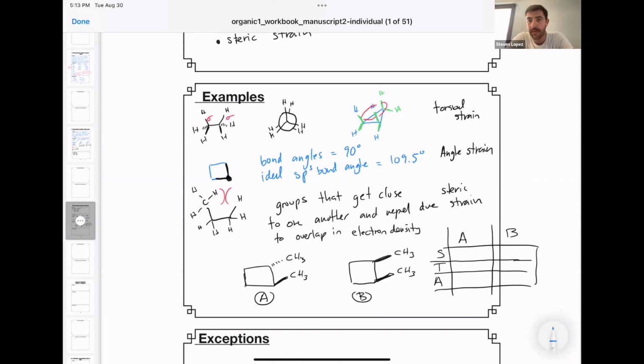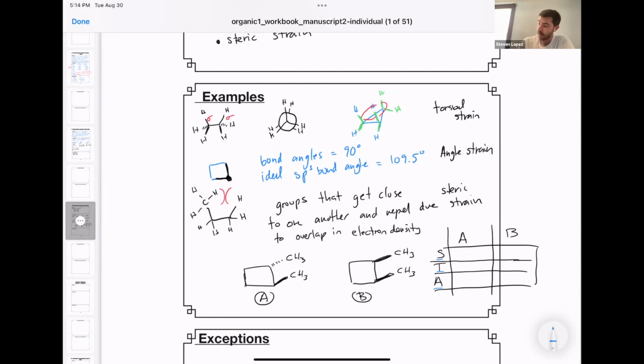Okay, so here I've drawn two molecules, molecule A and molecule B. Both of them are derivatives of cyclobutane. And I've drawn to the right a shorthand scorecard, if you like, for the two compounds and the different types of strain that contribute. S stands for steric, T for torsional, and A for angle. Okay, and we're going to use this to decide which of the two molecules has a higher strain energy. The first component that we can look at is the sterics. So this is the closeness of these two methyl groups. Those methyl groups being close to one another is going to increase the steric strain of the compound. Those two methyl groups occupy the wedge positions of the cyclobutane and thus are as close as possible to one another.